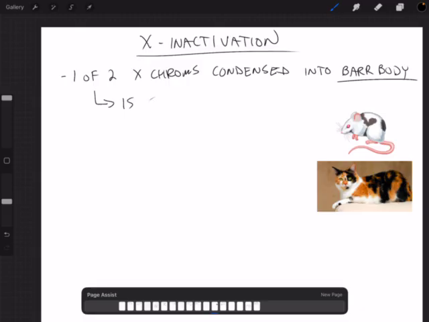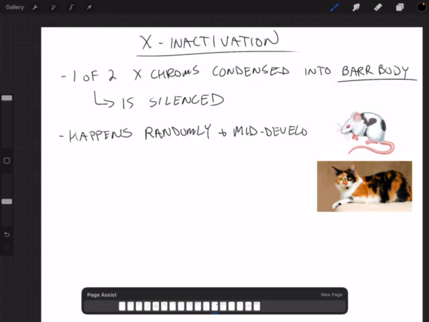And that one is silenced. Okay, so the one that gets condensed to the bar body is silenced. This happens randomly, as in terms of which X chromosome, and mid-development. Okay. And because it happens randomly, you have 2 X chromosomes, one of the 2 will randomly get silenced. And because it's happening mid-development, as you already have a good number of cells, it's going to lead